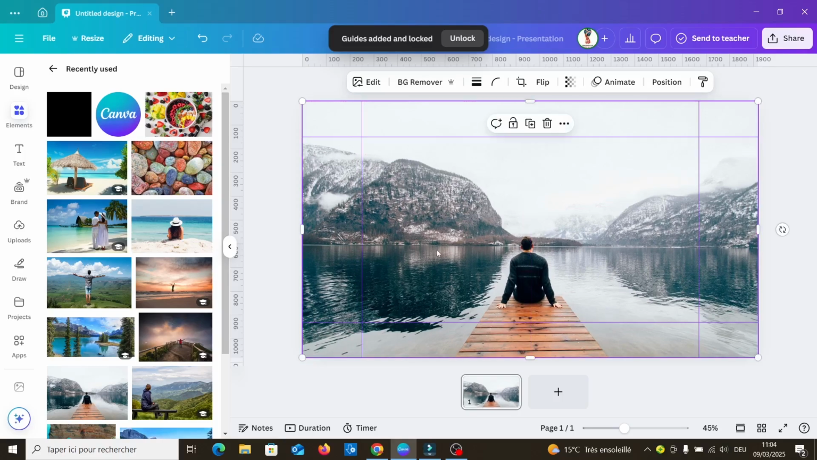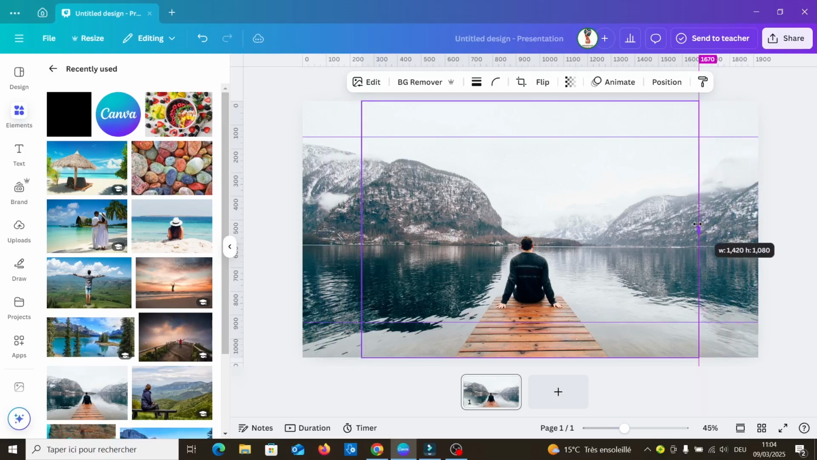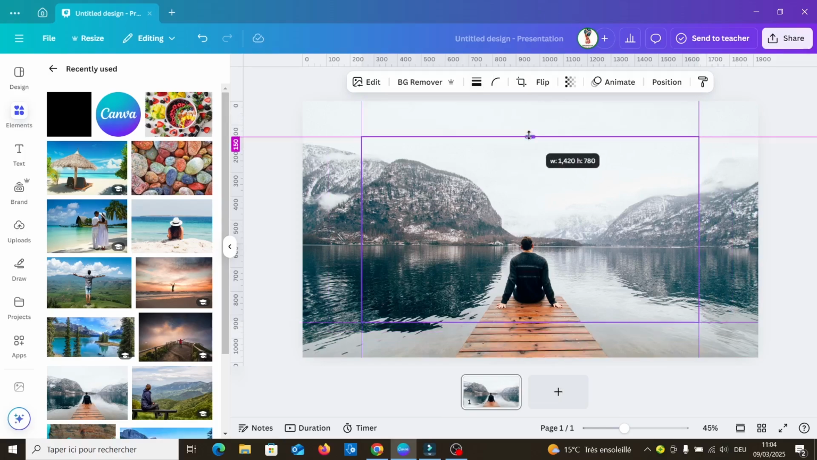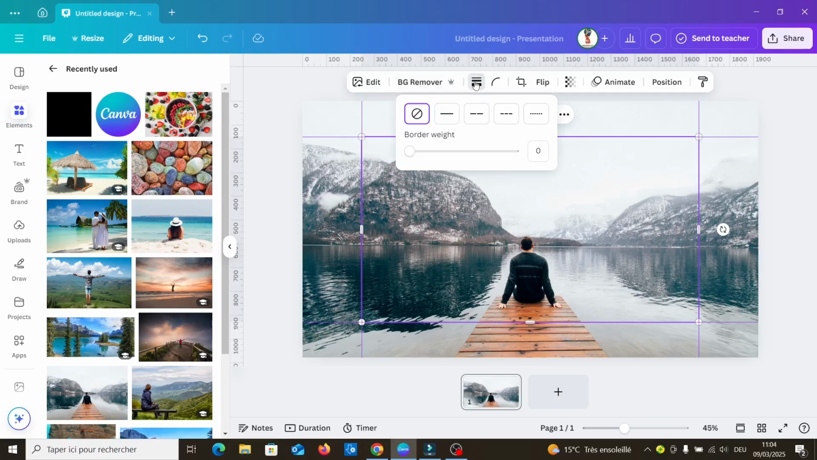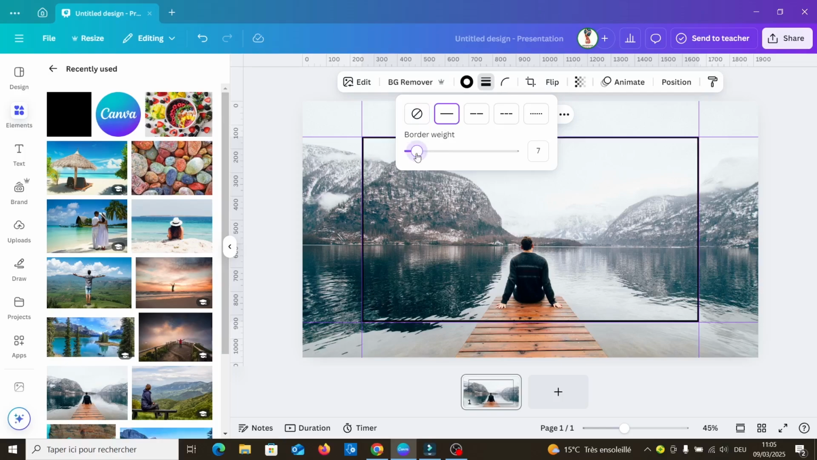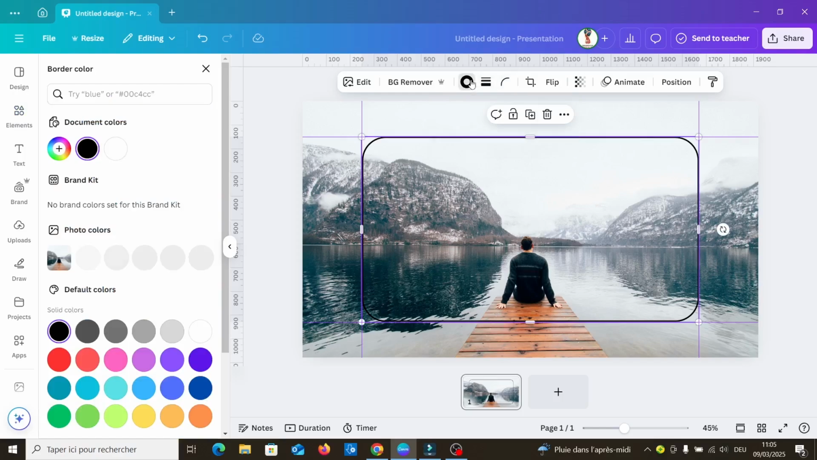adjust it with the page, then crop it to fit with the margin, then click on border style, choose 5 or 6 border weight, then around corner also choose 100, then the color,